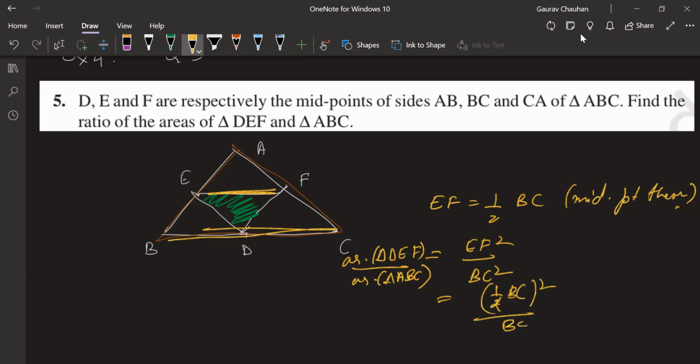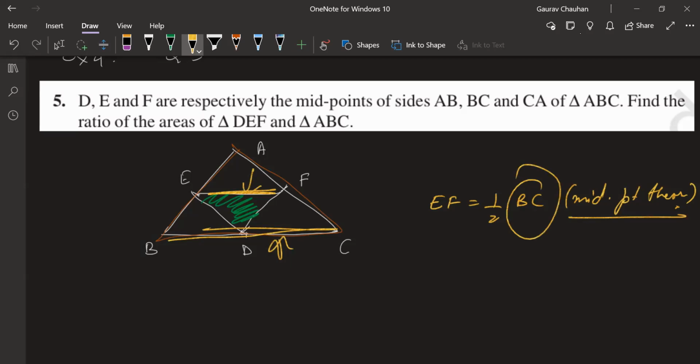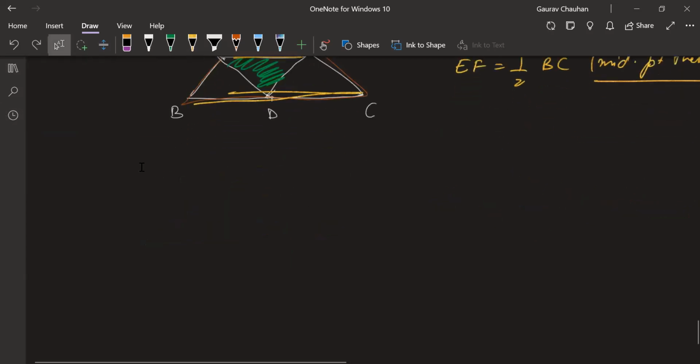Okay, sir. Okay. Anyone who did this question, did you do this the same way? Riza, you did this question, you did the same way? Yes, sir. Okay. All right. It's easy to prove these two triangles are similar, right? Okay. Yes. So do a similar proof, and using the midpoint theorem find the relation between EF and BC, and then you take the ratio, okay? Ratio of squares. Okay, Deepak?